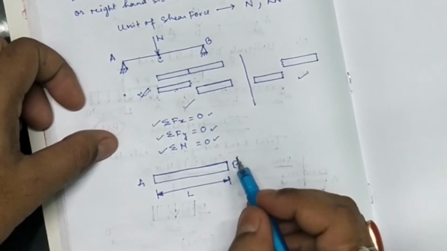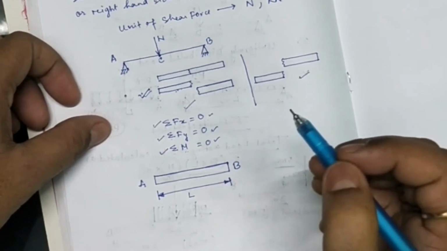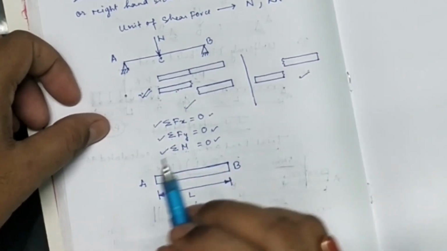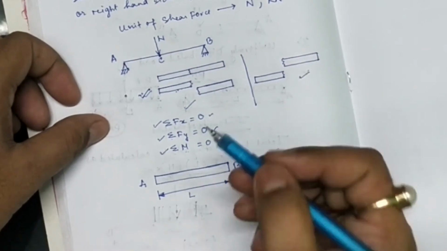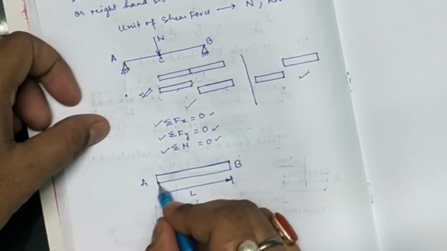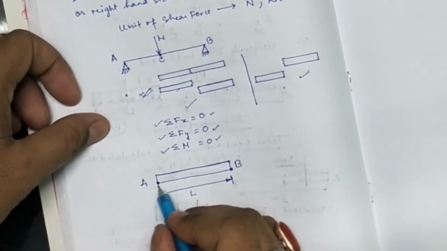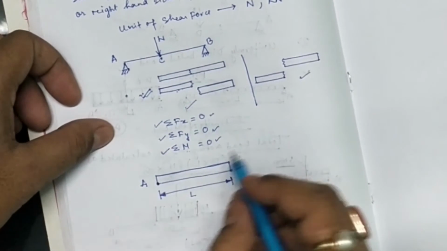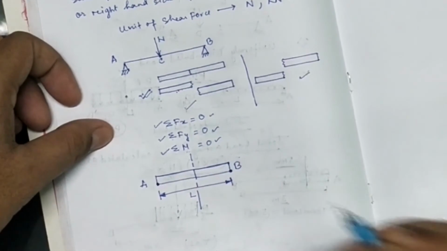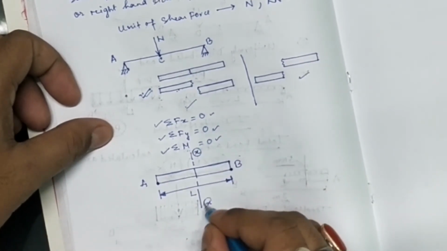If you want to consider a section in the beam, then you can take the section of the beam by considering an origin point. You can consider the origin point on either of the sides. For example, I can take the origin point here, or else I can take the origin point here. If we consider the section like this, suppose this is the section, and we consider this to be the x section,